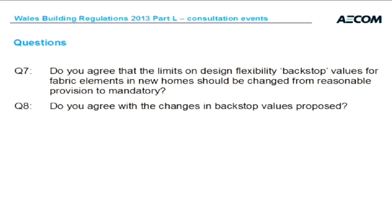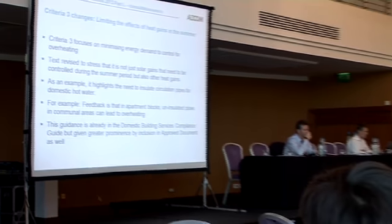And again, there's a couple of questions in the consultation, whether you agree with the change from guidance to mandatory fabric, or whether you agree with the changes in the limiting values for fabric and service efficiencies. Other changes to Part L. Criteria 3 focuses on